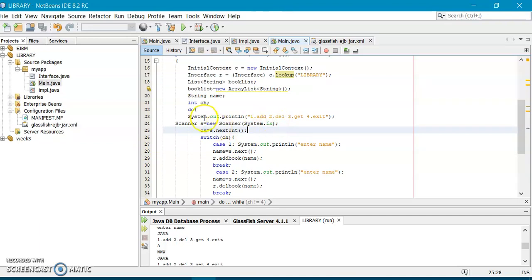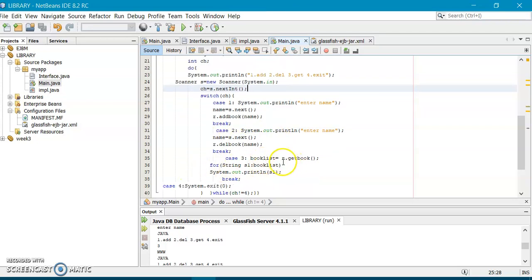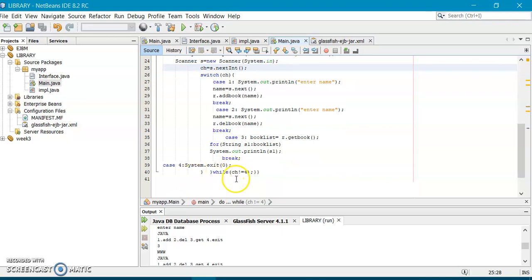Next I have written a do while loop for addition, deletion, get and exit. I am using a scanner class in order to access the data from the keyboard. Case 1 is for adding the book, case 2 is for deleting the book, case 3 is for getting the book details, and case 4 is for exit, right?